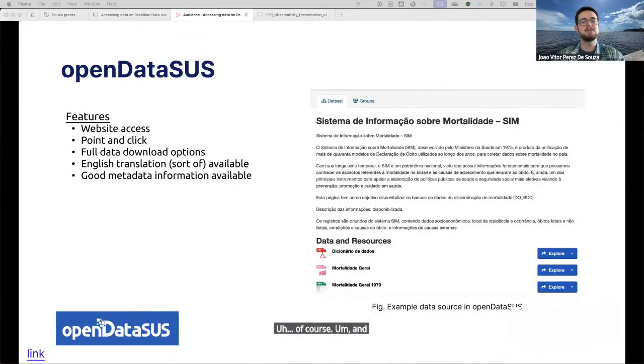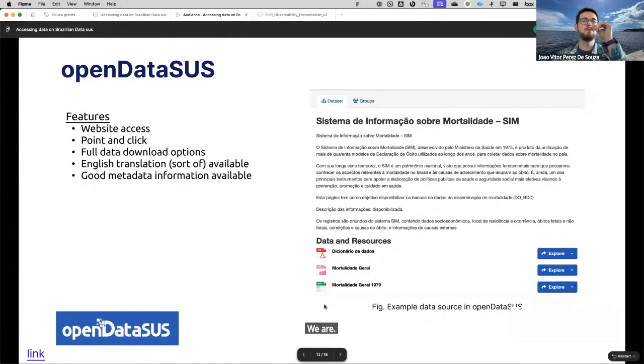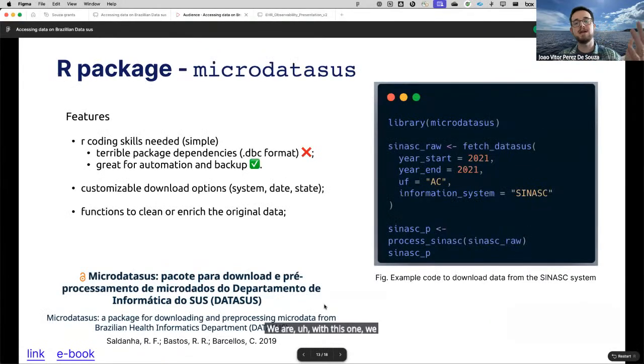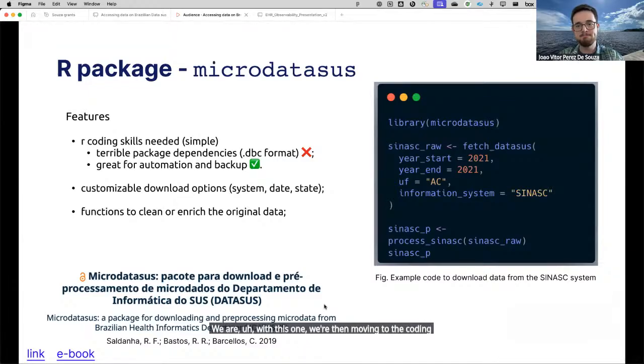And with this one, we then move into the coding access options. There are a few options if you are doing a data analysis in R, in Python, or even in some other languages. But all in all, what these coding solutions do is that they connect to the file transfer server or via file transfer protocol, so FTP, if anyone has heard of it.